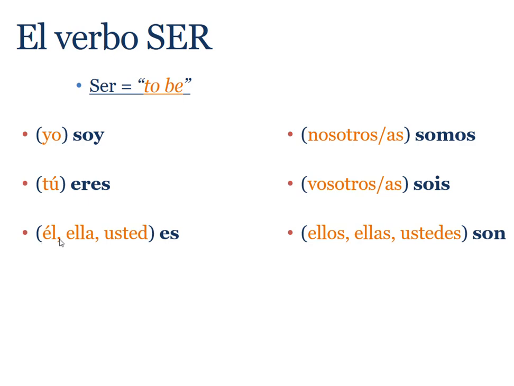These are going to be he, she, or you formal. Remember that is the same as that one. And they all go with es. So that means that you can use es to say he is, él es, she is, ella es, and you are, usted es. So then you'll be like, wait, but this is also you are. Tú eres and usted es. Yes, it means the same exact thing. It's just this one sounds more informal. This one sounds a little bit more formal. Tú eres, usted es. Okay.